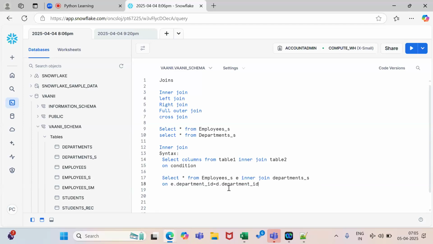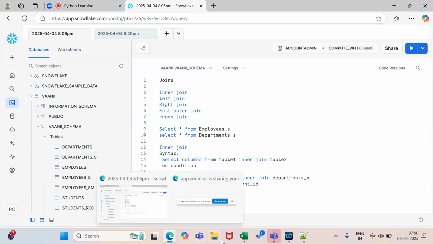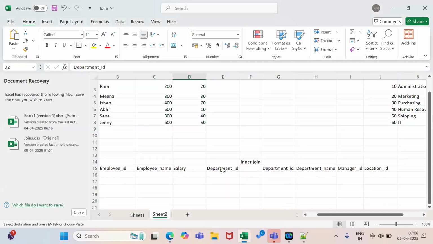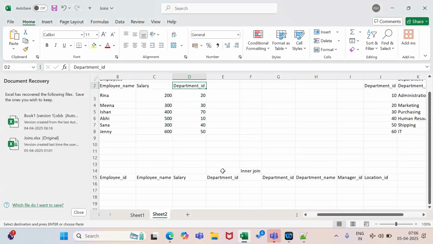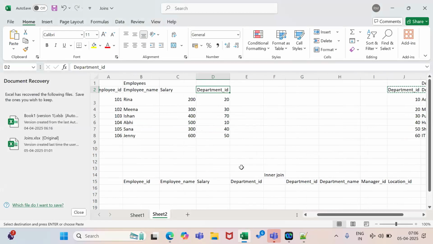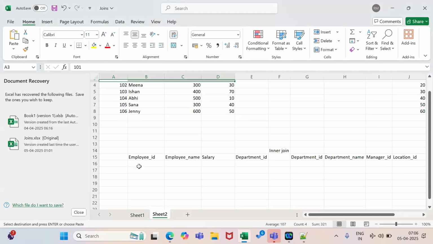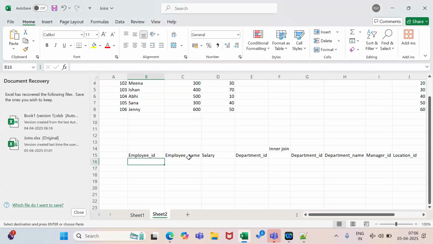Now if we run this, what will happen? I will explain here. It means only matching data. If we are taking this from the employees table, I have added all the columns. Now this department id, we need to check here.